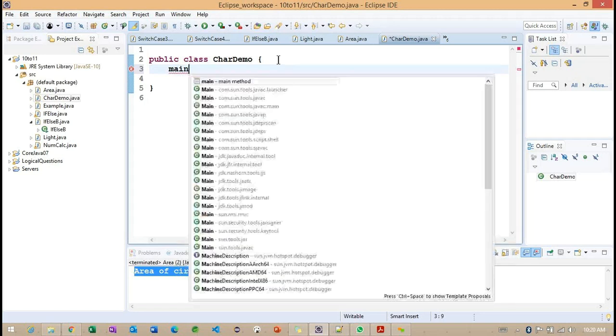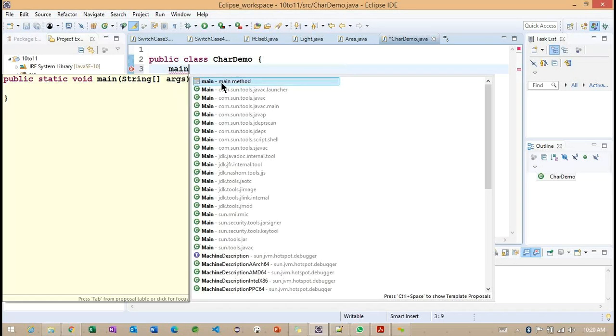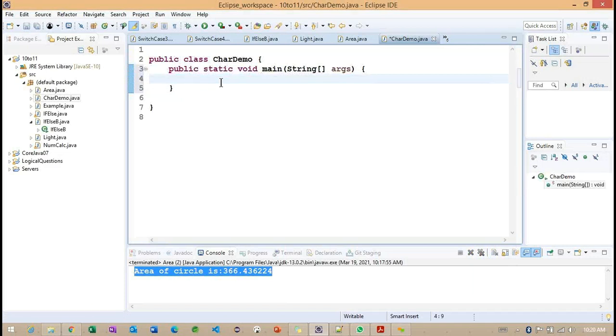If I click here, Control Space, we'll have a main method. Using this, we can get the particular main method here. Getting the point? So this is one of the important shortcuts. If we miss the particular main method, we can use this. Based on the particular example, I will try to provide some other shortcuts also.